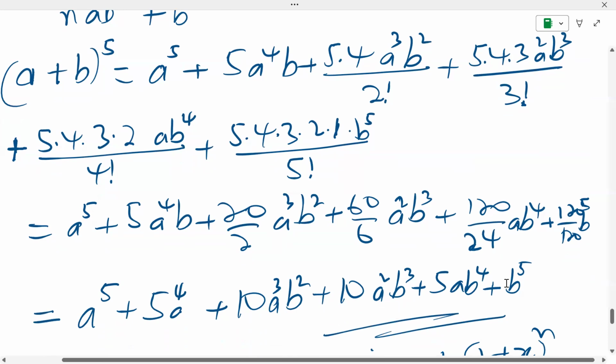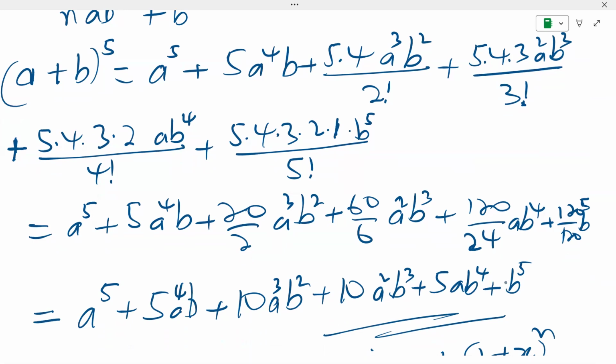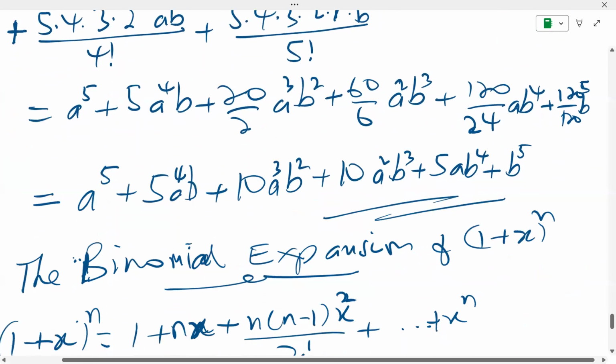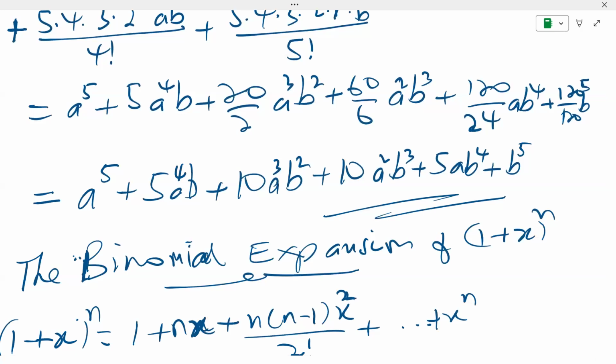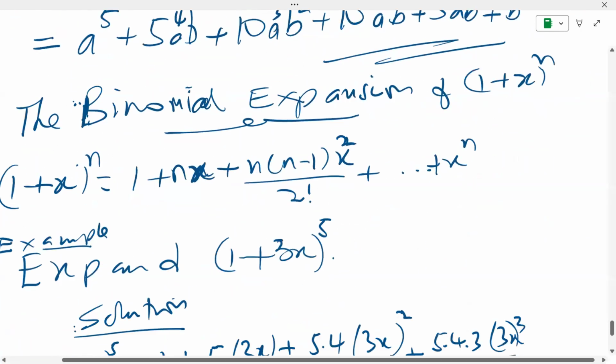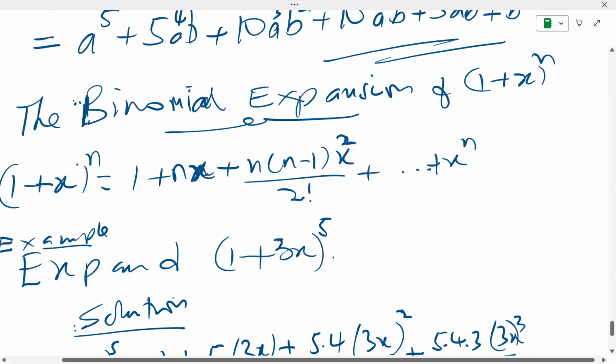So let's look at it carefully. There's our b here. That's great. So look at it. If there's any omission, we can all rectify it. That's fantastic. Now, we want to look at the binomial expansion of 1 plus x raised to the power